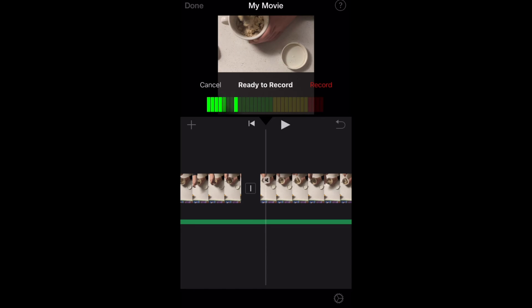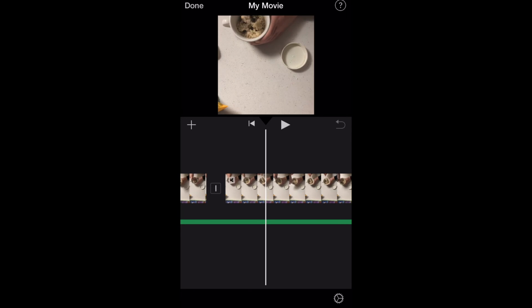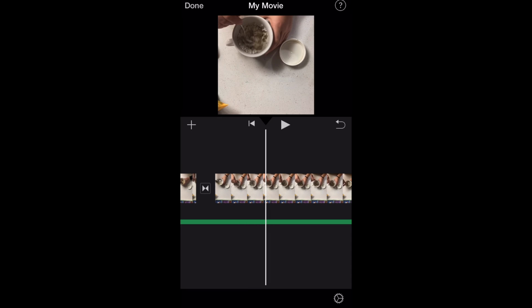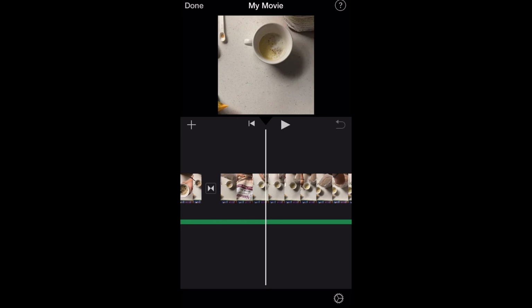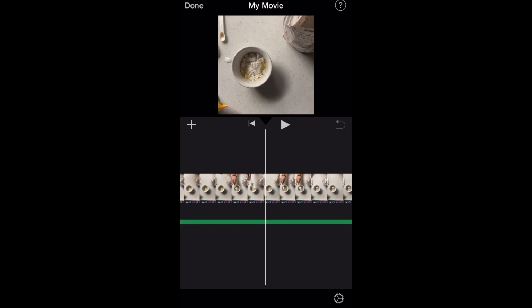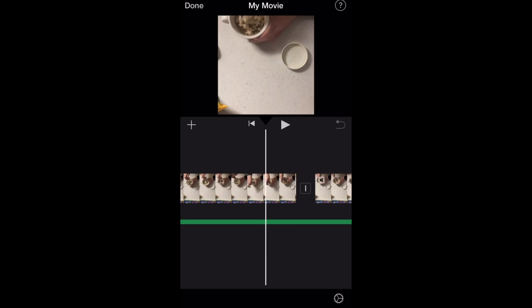Basically what voiceover does is you record your voice and you can say what you want to say without any of the background noise. If you want to turn the background noise off, then all you have to do is press a clip and there should be a sound button, and press that and turn the volume all the way down to 0%. After that, all you have to do is the voiceovers, and to do that you just press